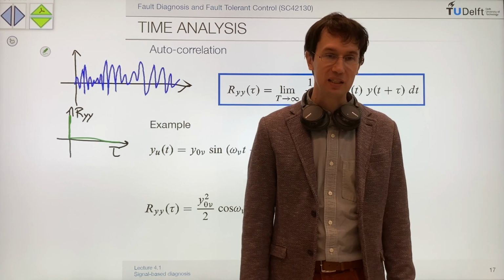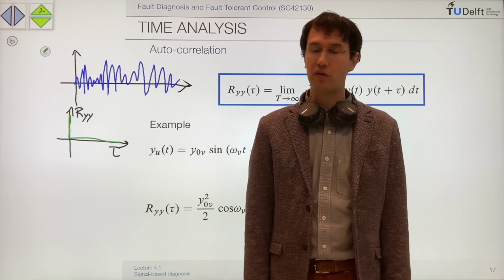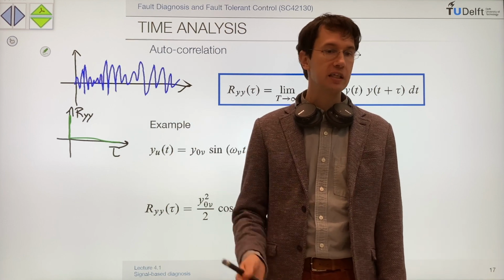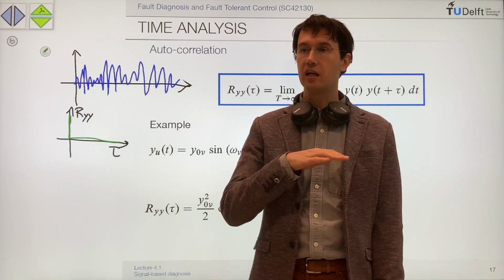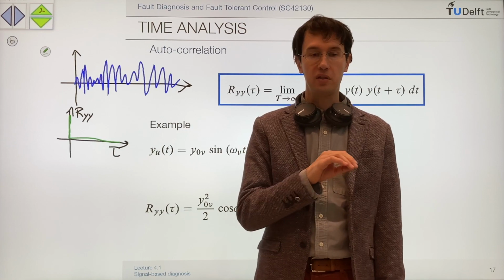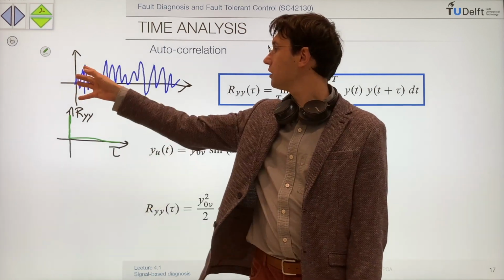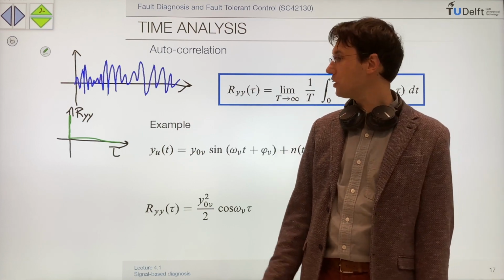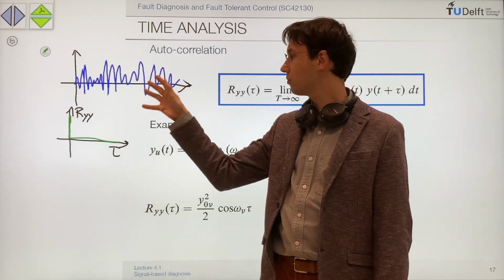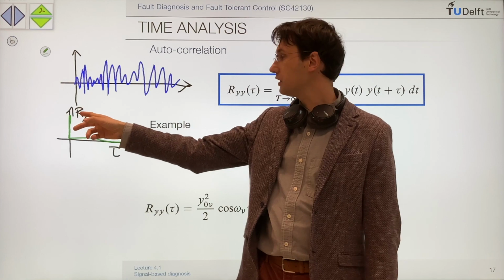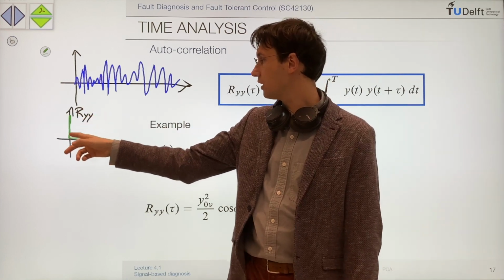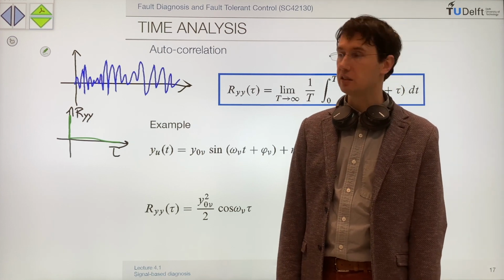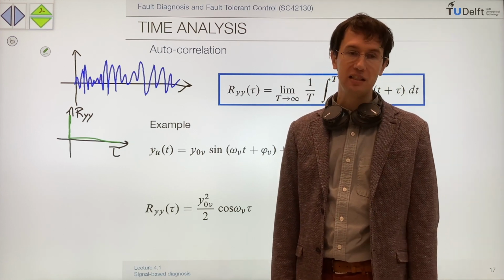So if you know that normally there is nothing special in your signal, there is just noise, so the normal behavior of your machine is just to make some noise. So you have your engine rotating and you have some very low volume humming that is pretty much going to be a white noise. This is the normal situation. To detect that this is the normal situation and no fault is present, you compute the autocorrelation. If you get an autocorrelation like this, you say, okay, there is just noise, and for me, this corresponds to